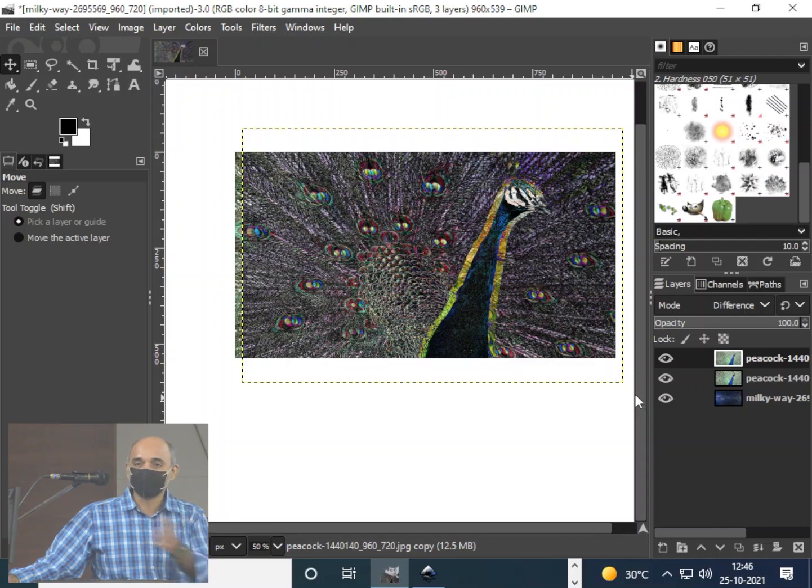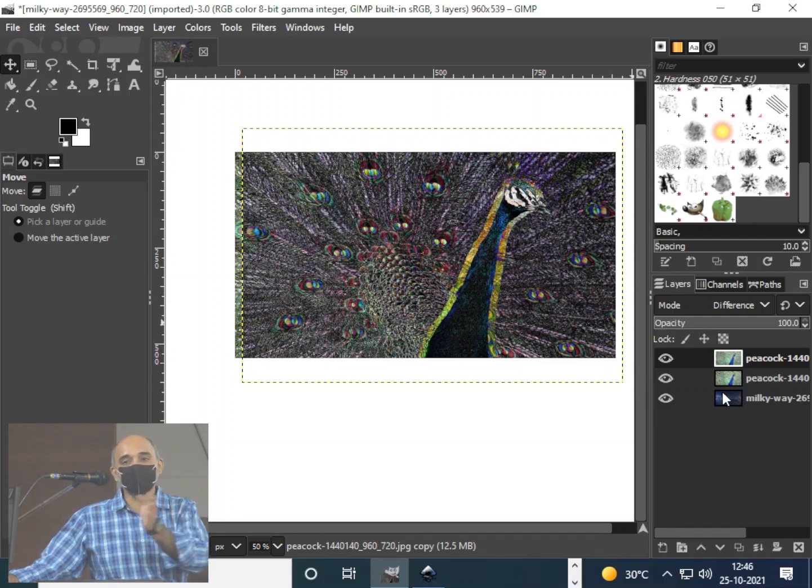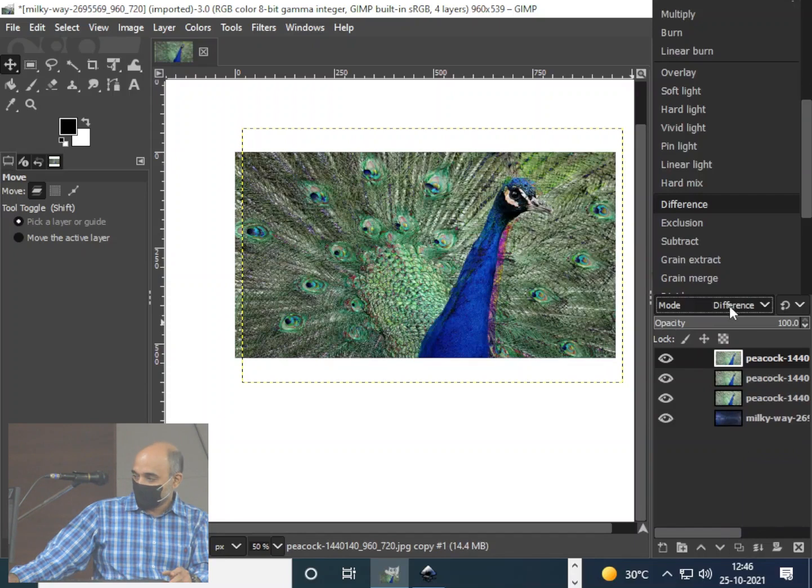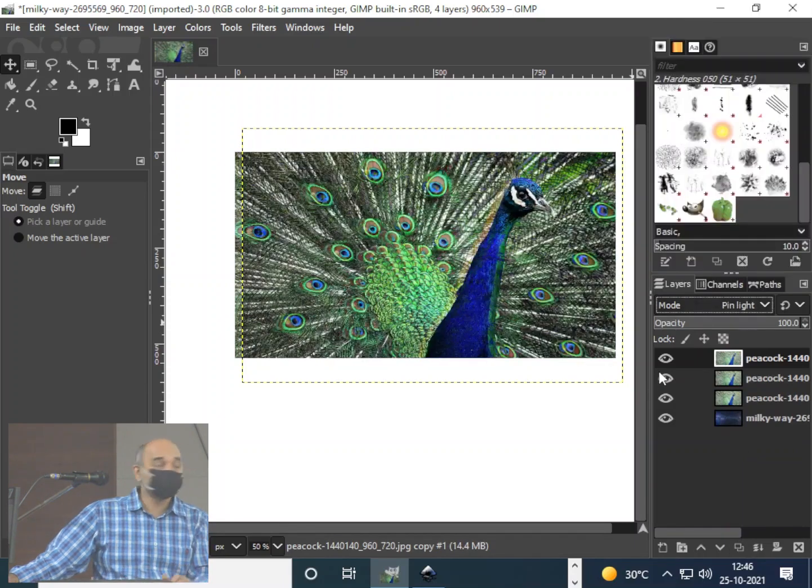And that's why I showed you one example. Why it happens? It happens because there is a mathematical formula there. It's mathematics between A and B. One layer and the second layer. If you have got multiple layers, it becomes A plus B plus C plus D or whatever, or A minus B plus C plus D. There is n number. So suppose I duplicate this one more time and I give it something, you see it's changed again, because now it's A, B, C, 3 variables. And the operation between A and B is difference, and the second and third layer is pin light.